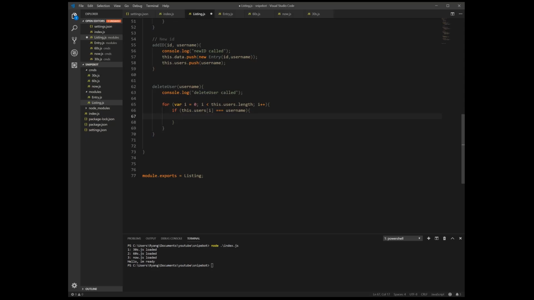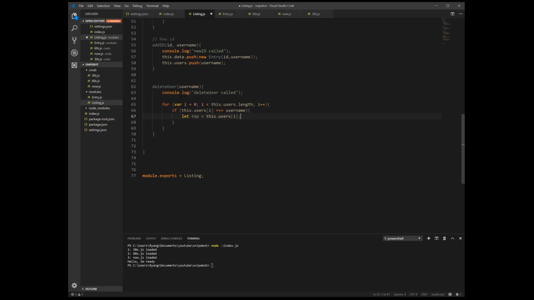So we're going to create a temporary value. We're just going to call it let temp equal to this.users[i]. Alright, so we copy the value, technically the same thing as the username, but we copy his memory slot into our temporary slot.